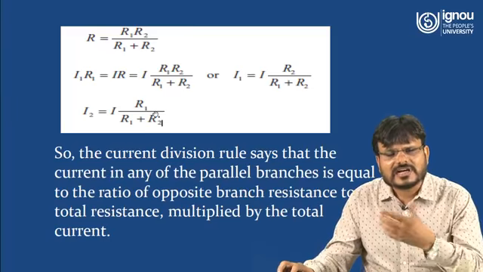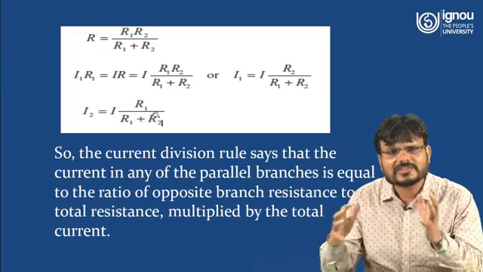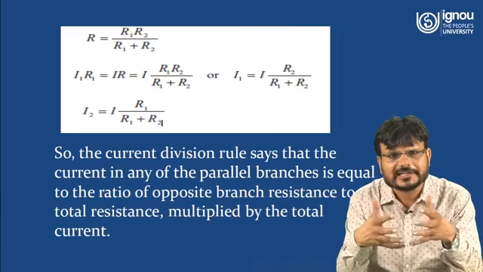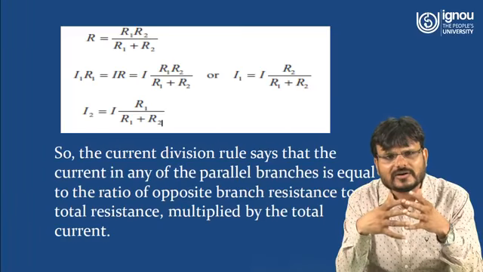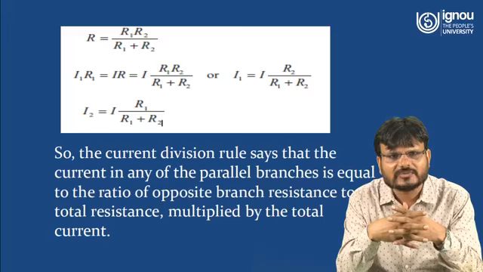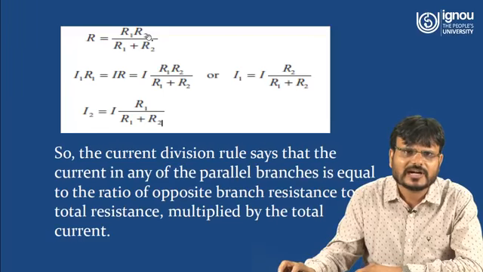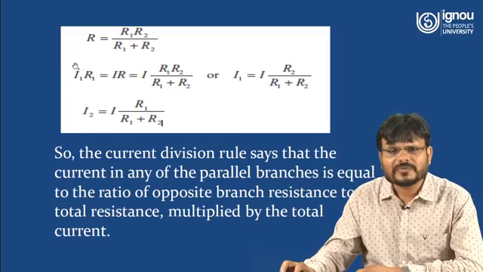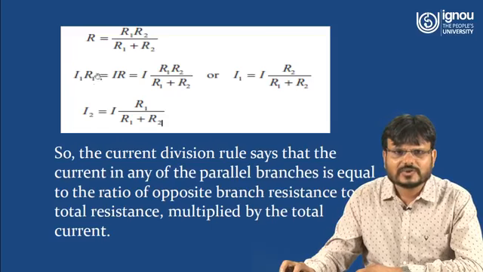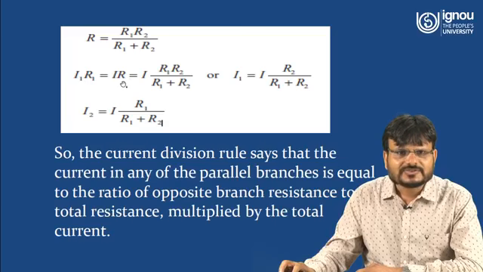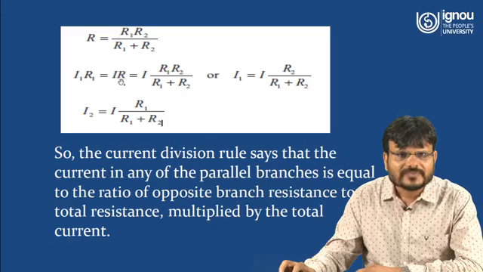So what is this R? Because R is the equivalent resistance if two resistors are connected in parallel. So 1 upon R is equal to 1 upon R1 plus 1 upon R2, or you can say R is equal to R1 R2 upon R1 plus R2. So the voltage drop across branch 1 is equal to I1 into R1, or you can say I R. So just put the value of this R in this particular equation.